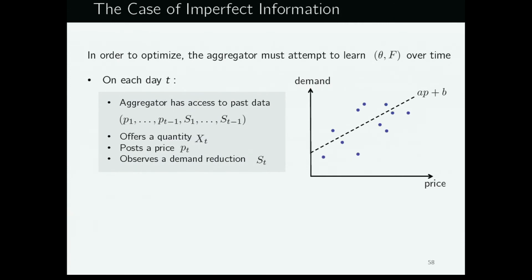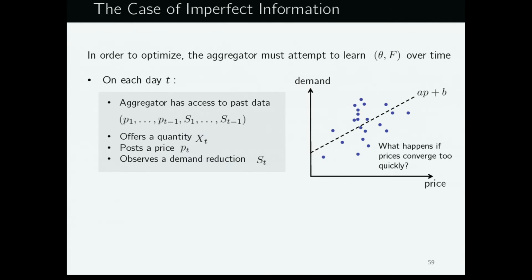Okay, and over time, as it sets different prices, it'll see different demand reductions, and it can potentially construct estimates of the underlying demand model through which it might myopically optimize price and quantity. But there's an important property that the price process should satisfy in order to prevent so-called incomplete learning, and that's related to the rate